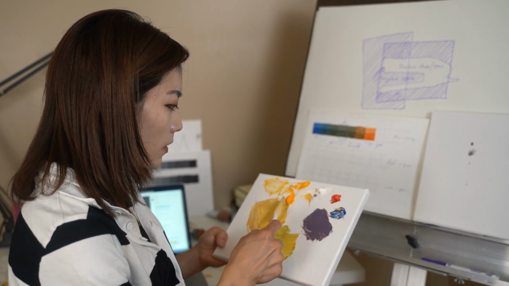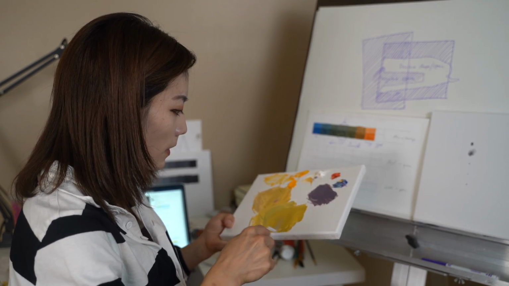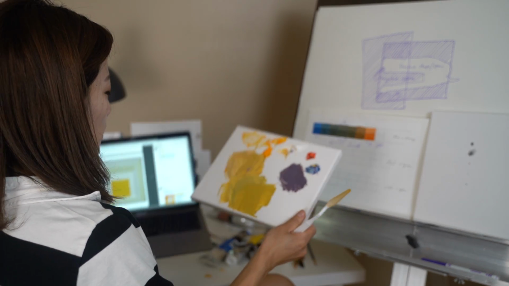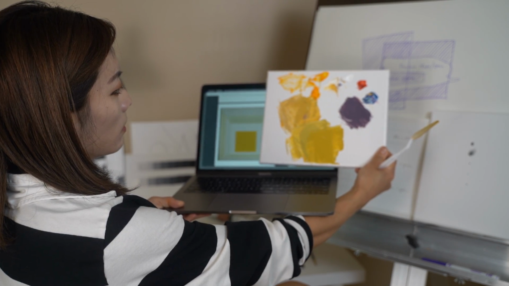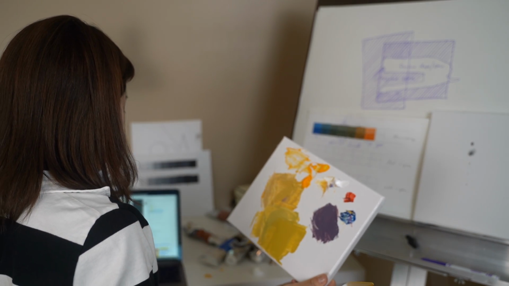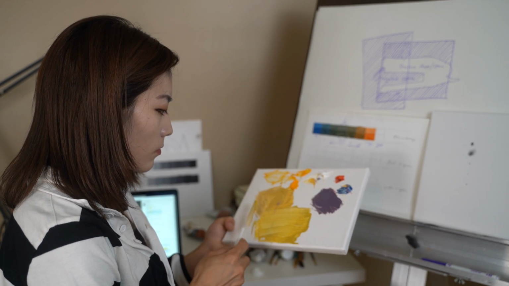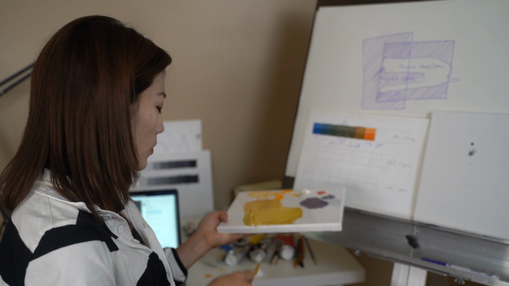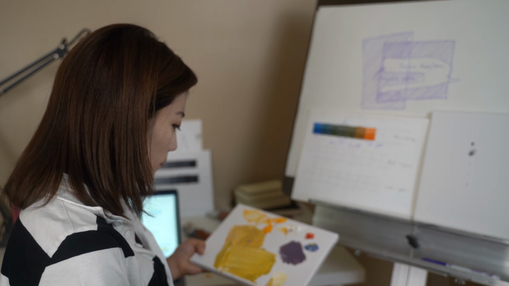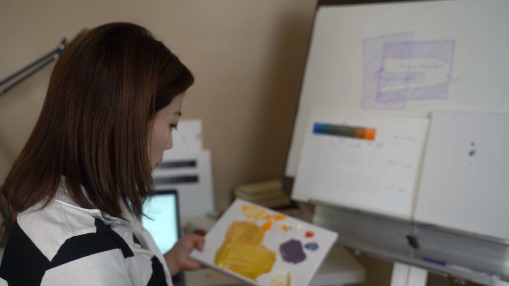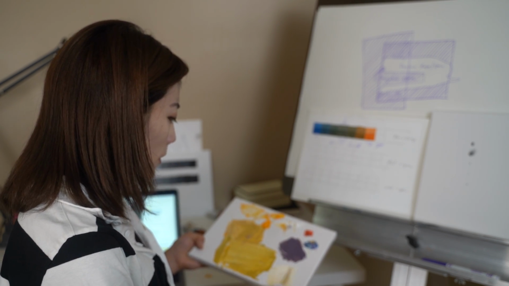So I'm just gonna keep trying. So this is the yellow I have, right? You can tell mine is a bit more orangey. I think it's because it's too dark, but okay. So I'm gonna try to make that light value. And once again, I think I just need a brighter yellow,